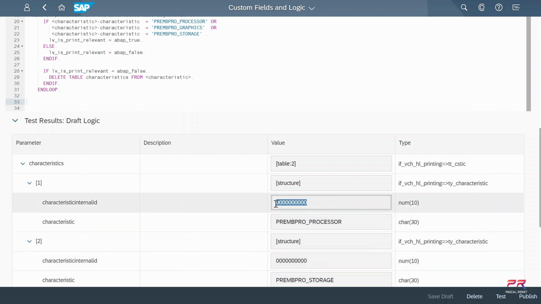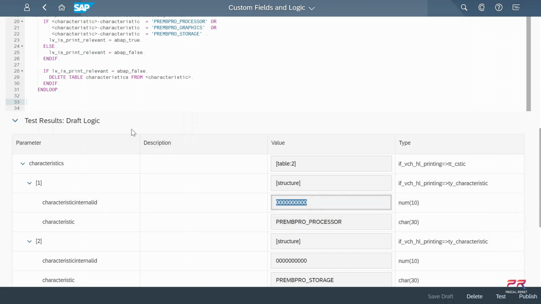Now the internal ID I don't think is super relevant for sorting because the number is going to be internally assigned based on the order of creation, which I don't really control, and I of course control more the name